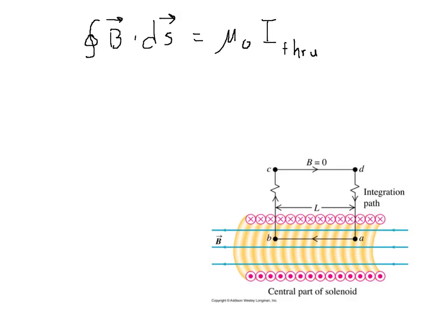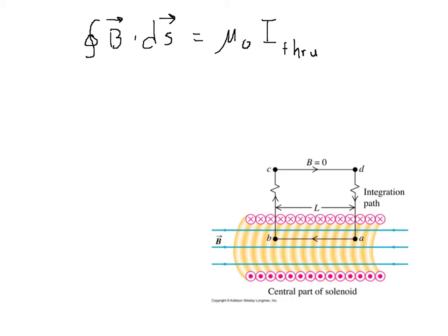And the B in the left side of the expression is the magnetic field at any point on that path. And the ds is the small little step along the path that you take as you circulate around it. And then the other side has mu naught, and the I is all of the current that is going through